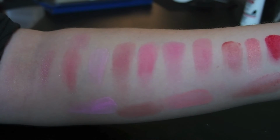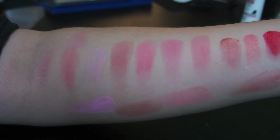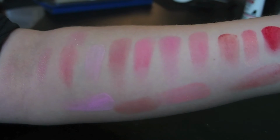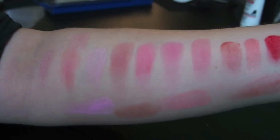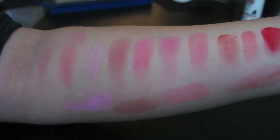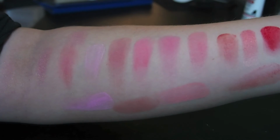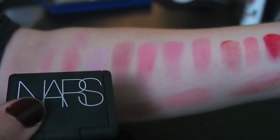So I can either get rid of Orgasm and keep the two Deep Throats, because part of me thinks it's nice to have this one in just a little mini form, because it would be kind of cumbersome to use that large palette and carry that around. Not that I travel that much. I don't know why I should really bring that in, but it is nice to have this little one. I can throw it in my purse,